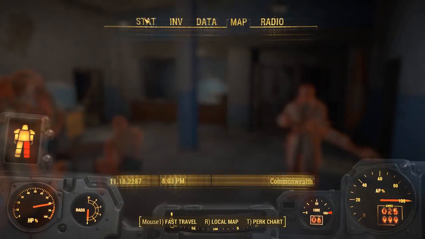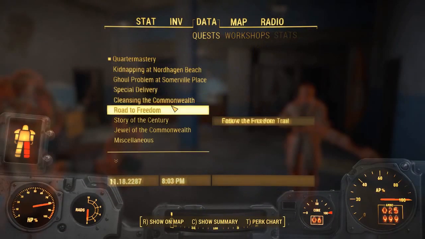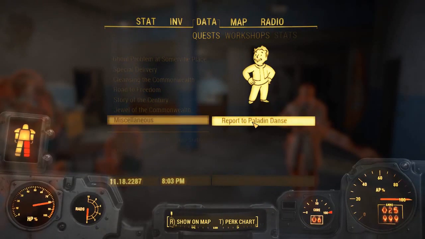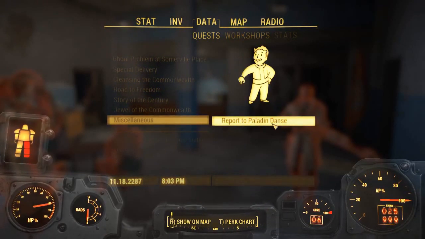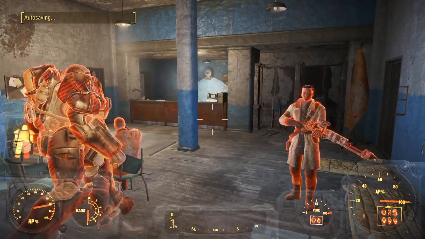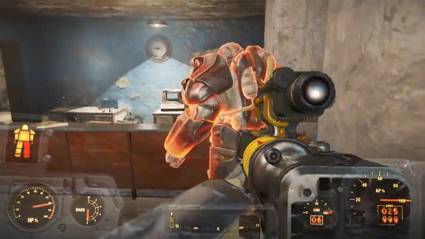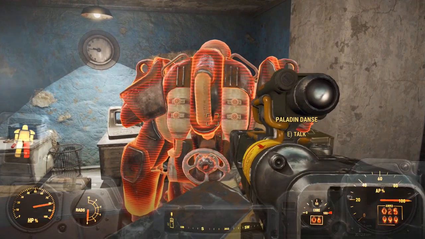Man. Look at this. Report to Paladin Dance. Okay, you see there, that's my quest. Report to Paladin Dance. Okay? And this is Paladin Dance. You see there? Paladin Dance. And when I talk to him...